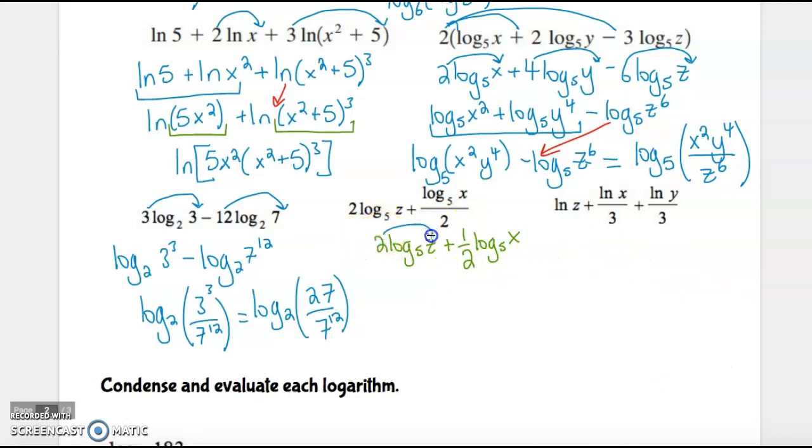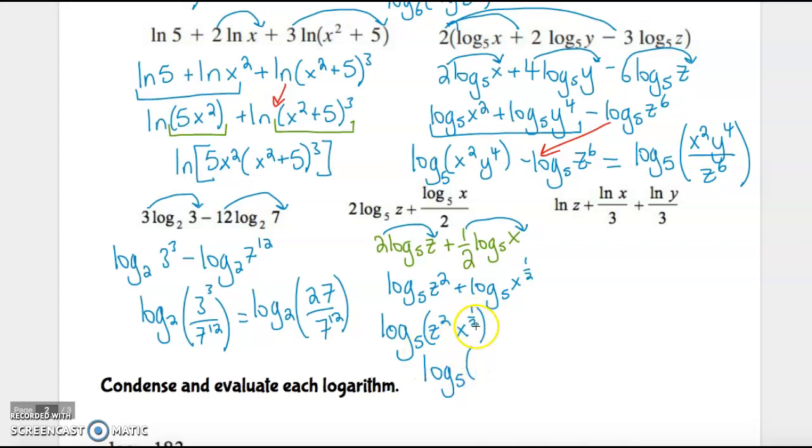It's a constant multiple out front, so I'm going to go ahead and bring those to be exponents. So I'll have log base 5 of z squared plus log base 5 of x to the 1/2 power. And then addition between these two logarithms, outside of logarithms, turns into multiplication inside of one logarithm. So z squared, oops. And then x to the 1/2, except for we are advanced mathematicians and we never leave our answers with fractional exponents. So what you can actually do is